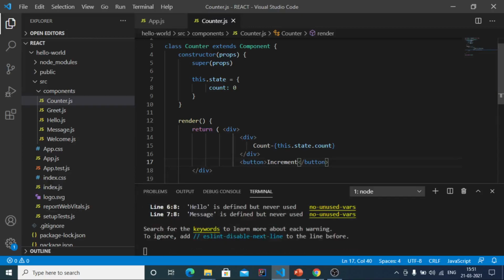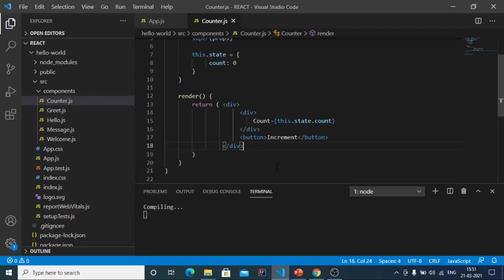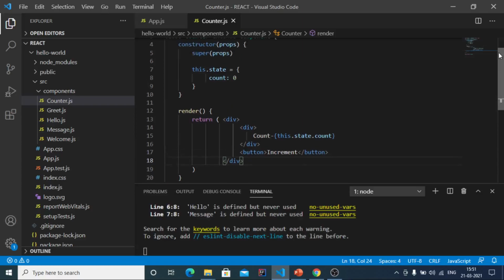Save this file. Now initially the value of count is 0.